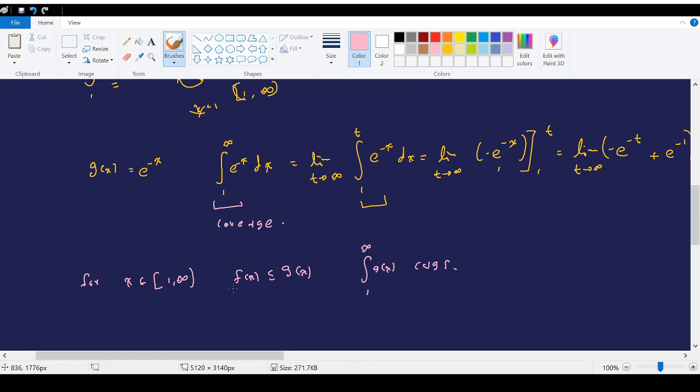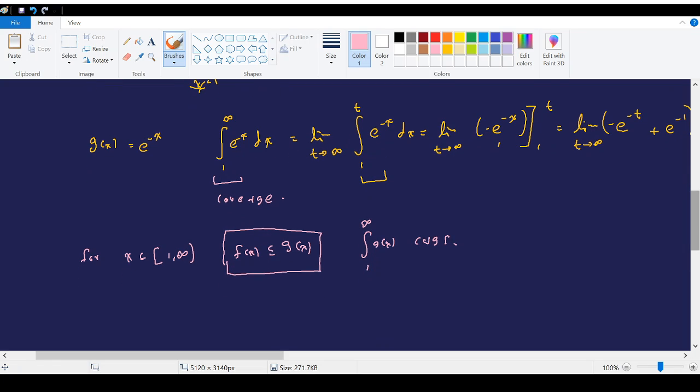So now it's just a matter of proving this inequality between the two functions, and to do that we can see, since x is greater than or equal to 1, we can say